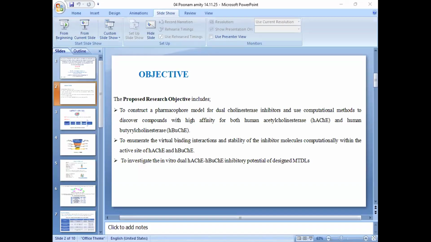Then the next. So can you move this slide to slide number 6? Actually, I've completed this part. Can I get the next slide? Let me proceed with the next thing.